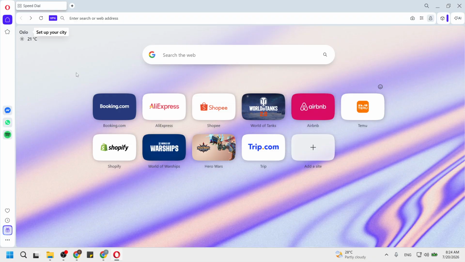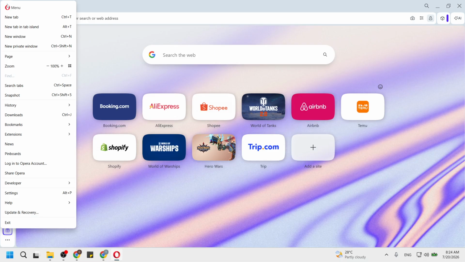Next, click the Opera logo, which is located in the top left corner of your browser window. This logo represents the main menu and provides access to various features and settings. When you click on it, a drop-down menu will appear, revealing options that enhance your browsing experience. This is an important step because the menu is where you will find the tools needed for checking updates. It makes navigating through the browser's features more intuitive and efficient.